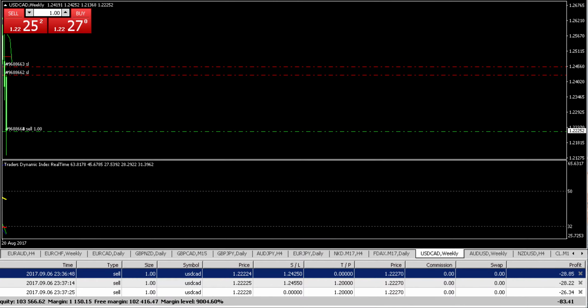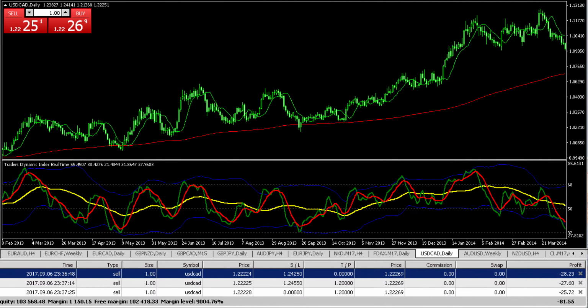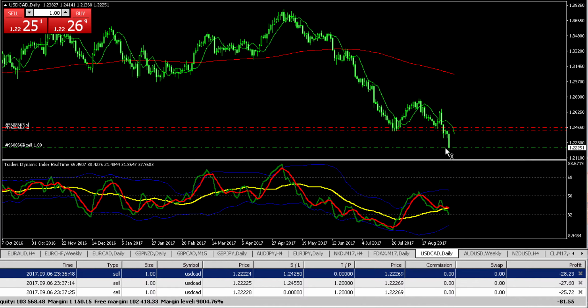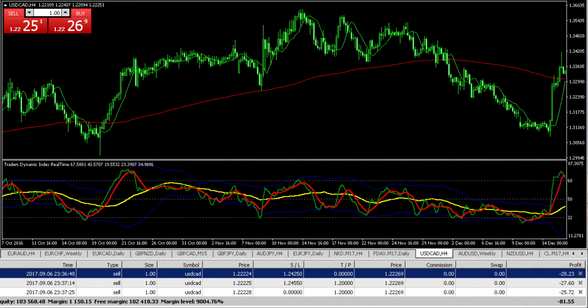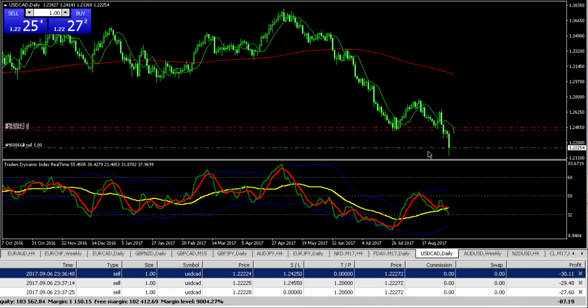The best case scenario for me is that the price drops down to 1.2. So that's the ideal situation for me. And the way I play that is if we get a clean break of this intraday level here. If I get a clean break down, test, and drop further,